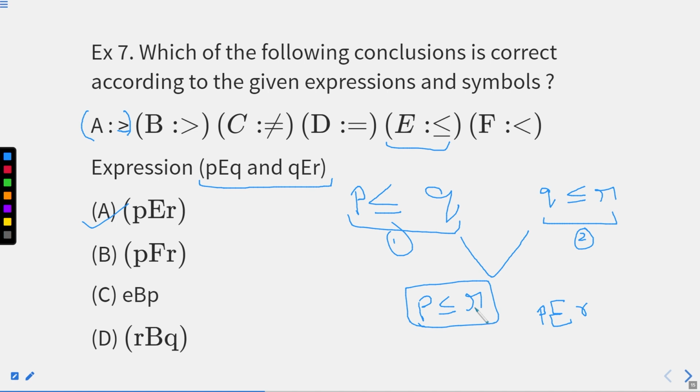As soon as we get this result and replace the value of less than or equal to with the capital E, we get our answer, right? I hope this question is clear. This is a pretty different and challenging question for you. Now we'll move to the next question where we are going to learn a few more concepts.